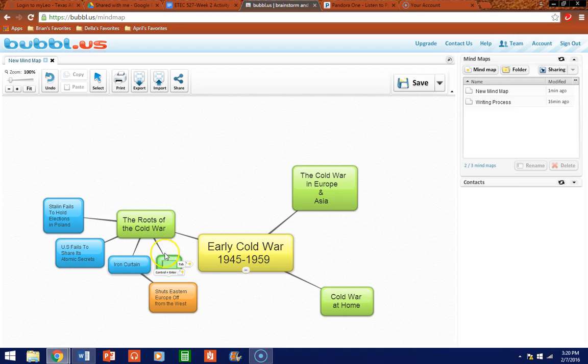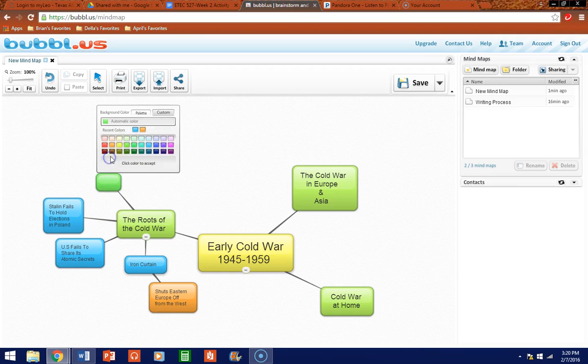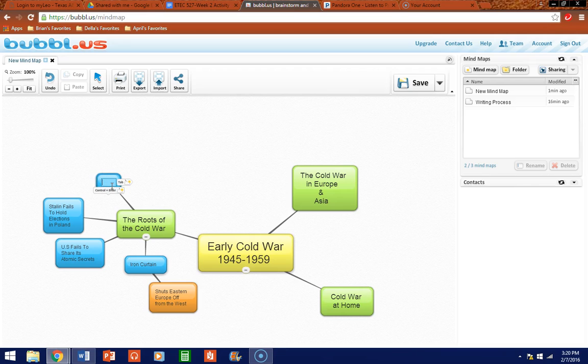Again, we do this. Again, it gives me green. I don't want to have something that's the same color, to distinguish the difference. Alright,